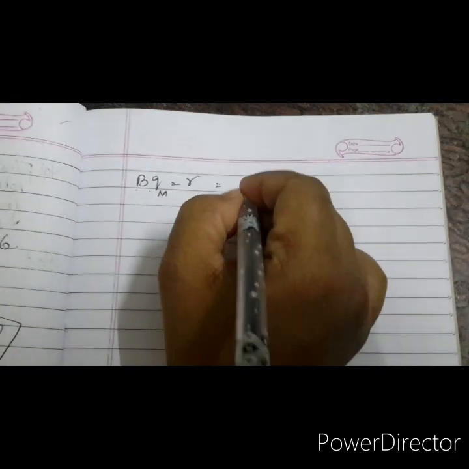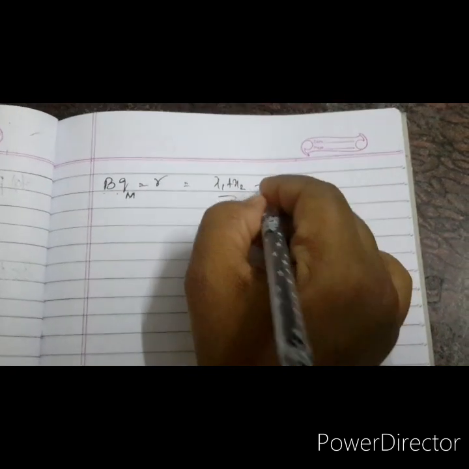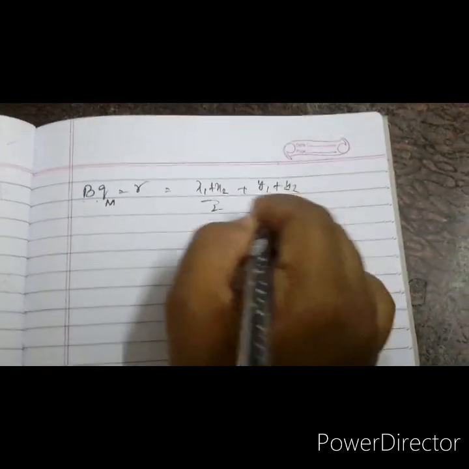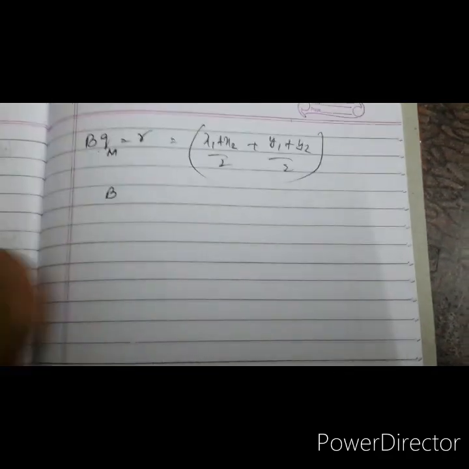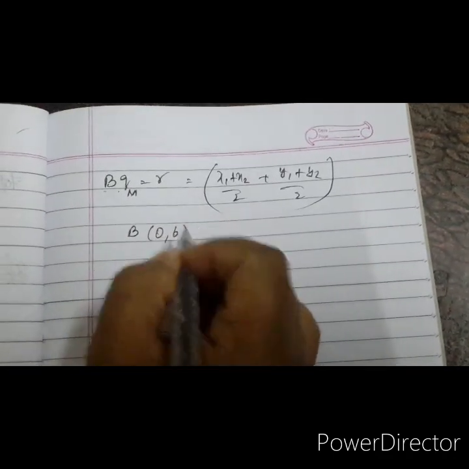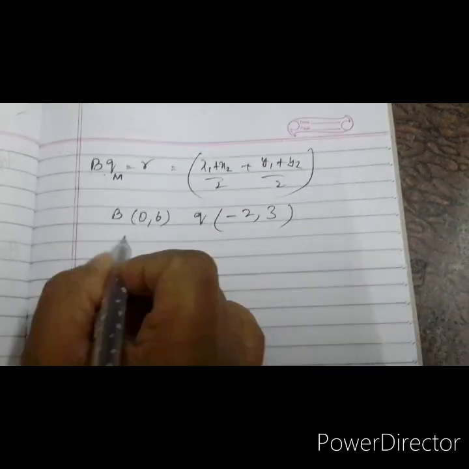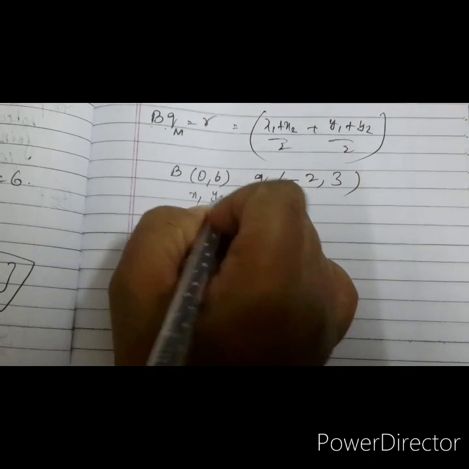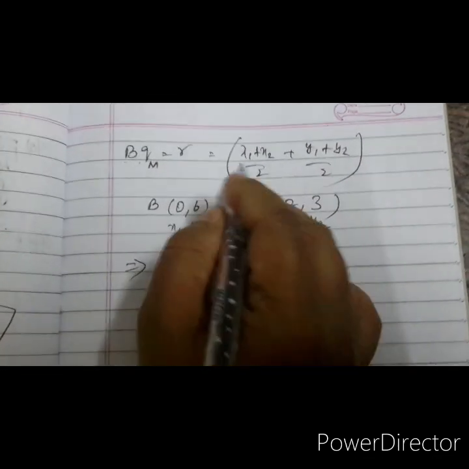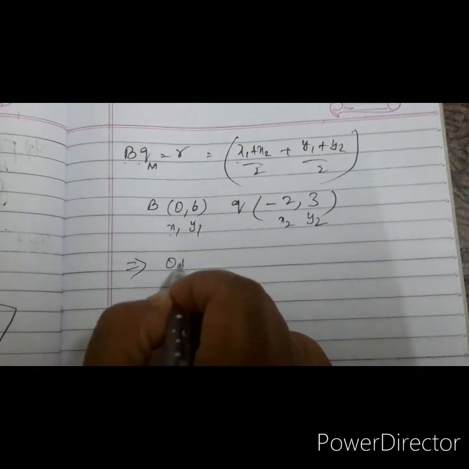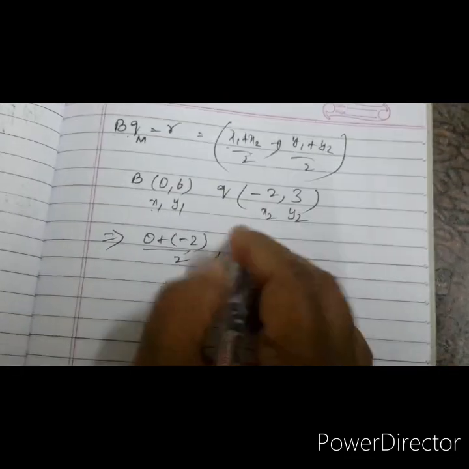Okay, same formula: (x1 + x2)/2, (y1 + y2)/2. What is B? B is (0, 6). Q is (-2, 3), as we already solved this one. x1, y1, x2, y2. Substitute now. x1 plus x2, that is 0 plus -2 divided by 2, comma,